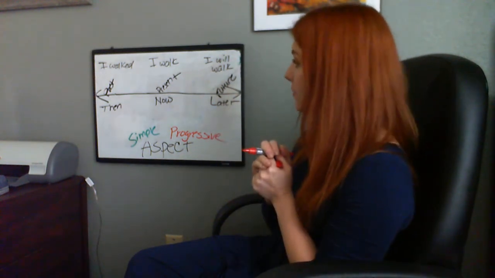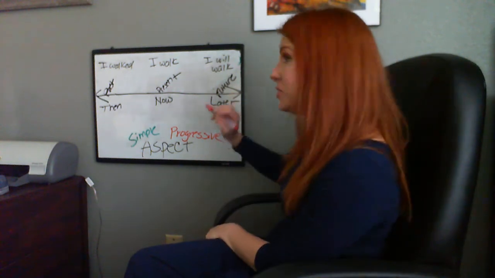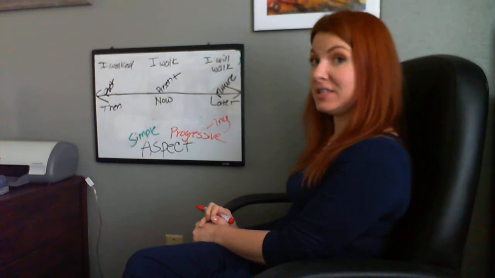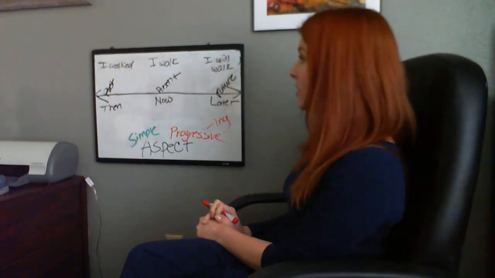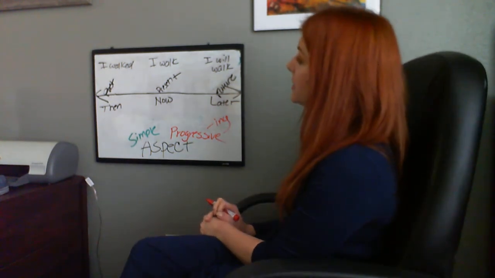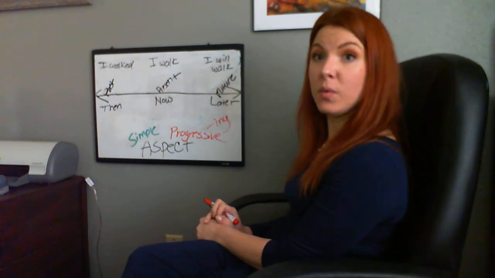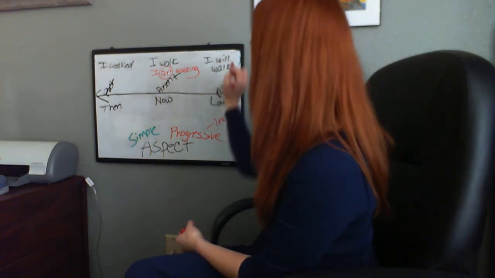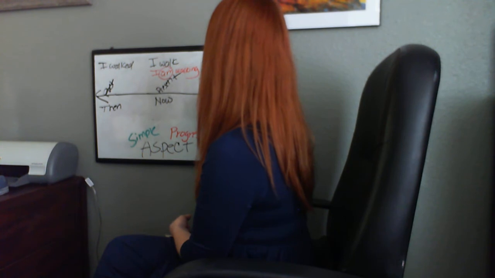So I walk, present. Now, usually when we have to do progressive aspects, we put the ing right there. So ing is always really connected to the progressive, okay? So what do we do for present? I am walking, right? I am walking. Notice how we have to put this little guy in there when we use the progressive, right? And we have to do it here. Remember, this is the to be. So this is I will be walking, right?